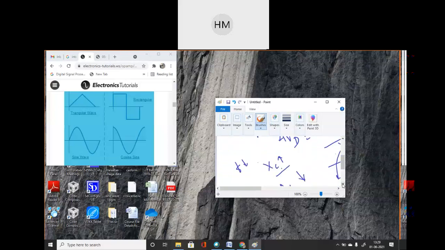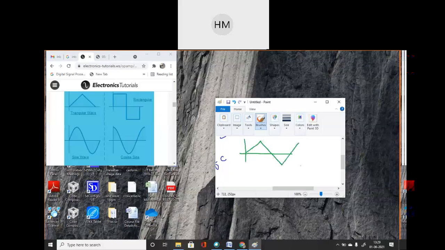Okay? After that, I'm telling you about the triangular wave. If I am differentiating a triangular wave, that means I am differentiating a ramp wave. Okay? This is my ramp, a constant ramp from 0 to t. So, whenever I differentiate a ramp signal, what will I get at the output? This is a constant ramp increasing with respect to time. So what will be the output? Yes, student, the output will be a constant.